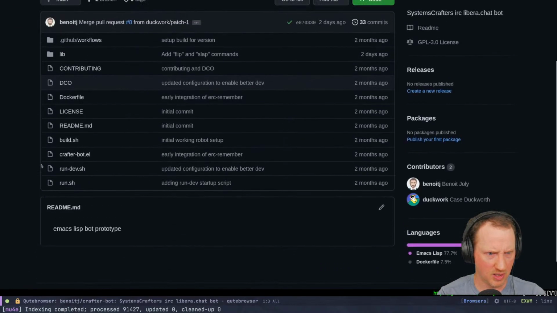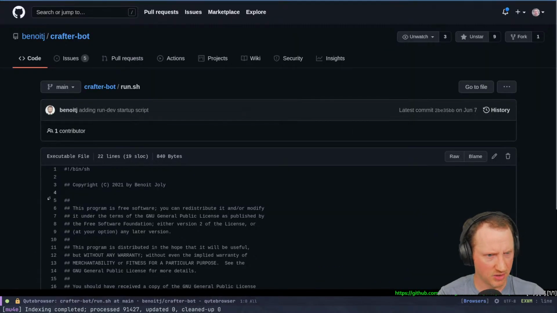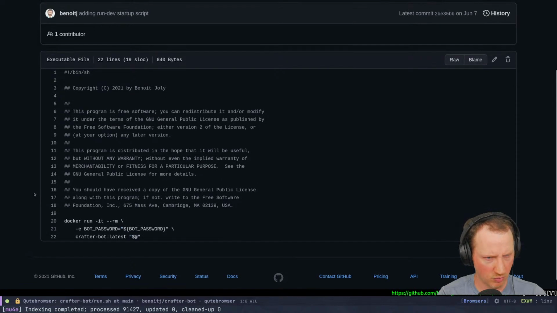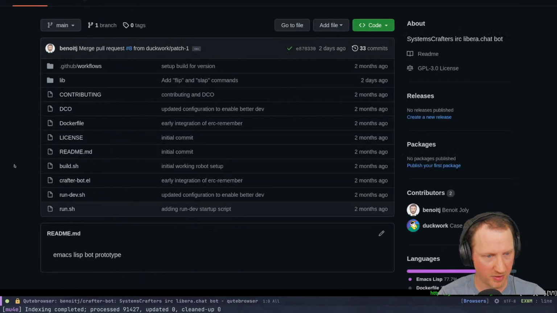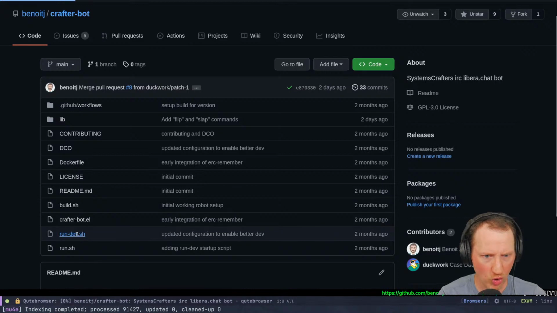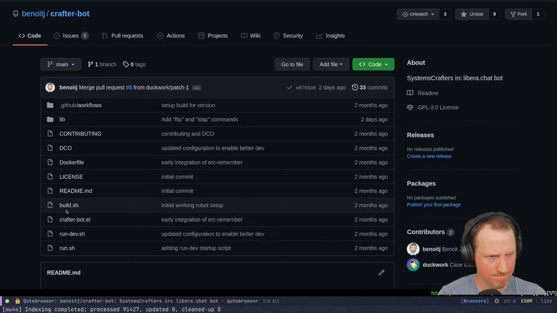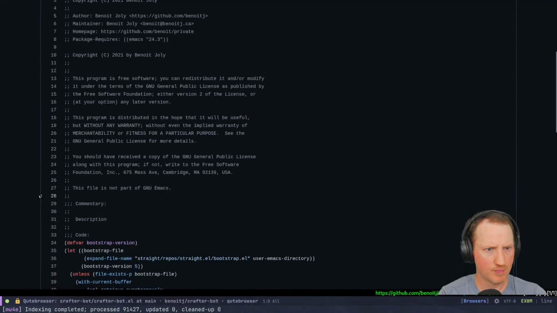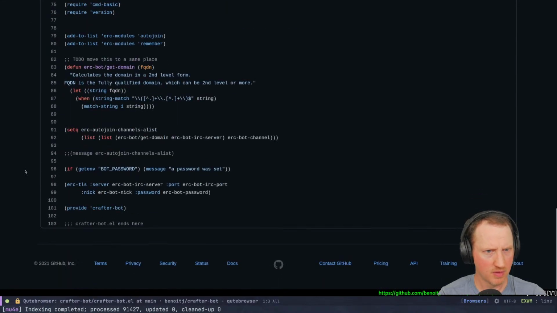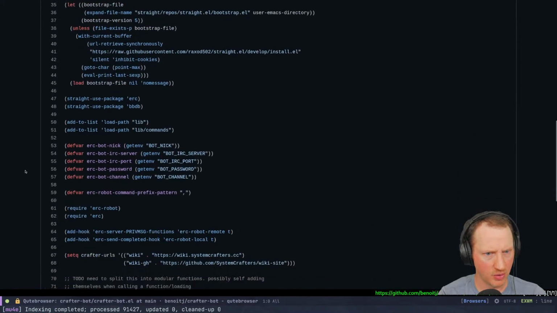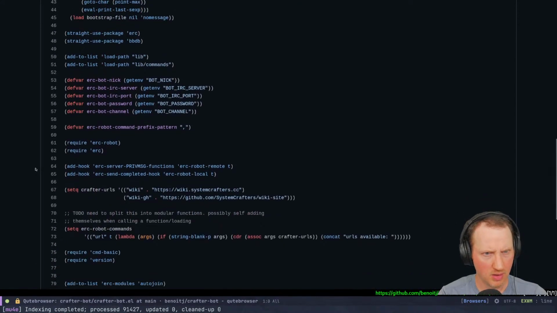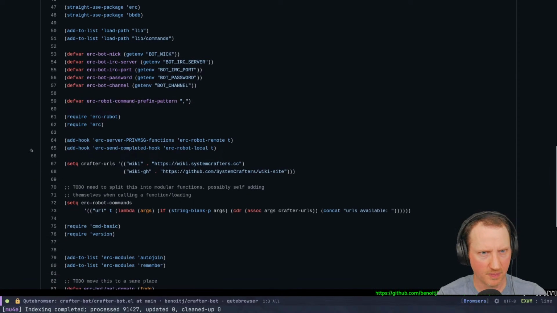So let's see. Probably the run.sh is good enough for this. This is actually a shell script that runs it in Docker. Okay, so I mean, we could run it like that, I suppose, but it might conflict with what Benoit has set up. Run dev. What's this do? It runs it. Is there a way just to run it myself? Looks like it's very standalone. You can run it by itself, and then environment variables to configure everything. And it looks like it needs to have them. So it might be a little bit hard to run this.